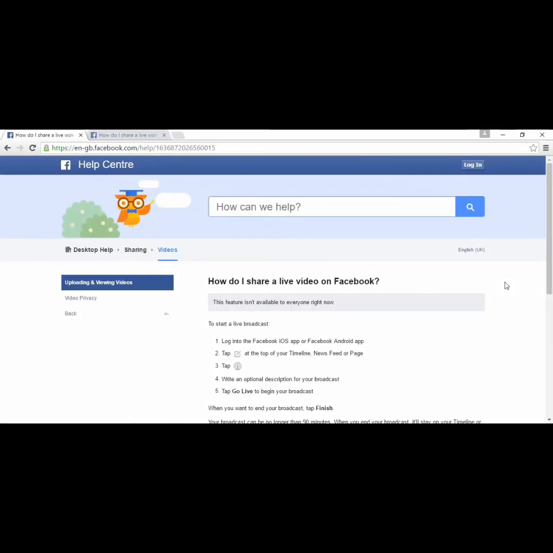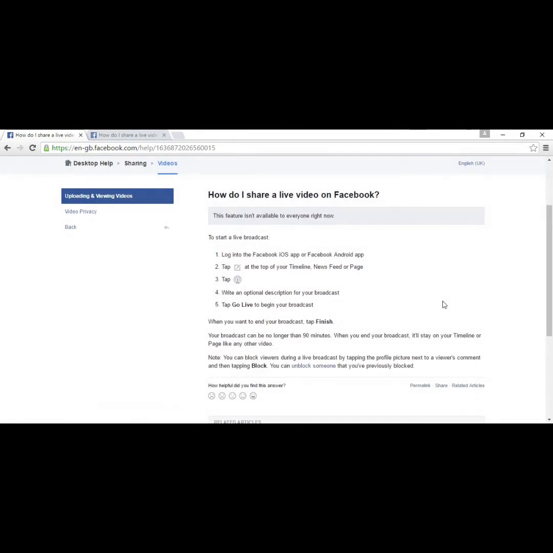Now, Facebook have some instructions on their help center that show you how you can share live videos. And as they say here, this feature isn't available to everyone right now. They say that to start a live broadcast, what you have to do is log into the Facebook iOS app or Facebook Android app, tap